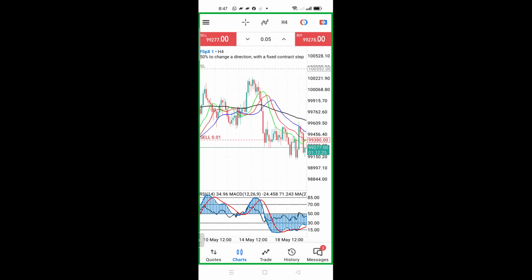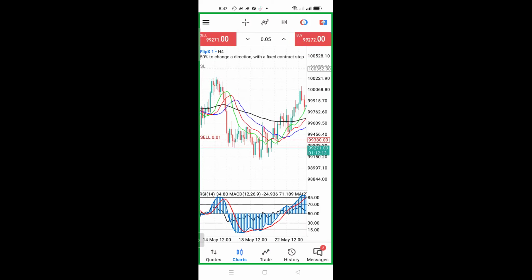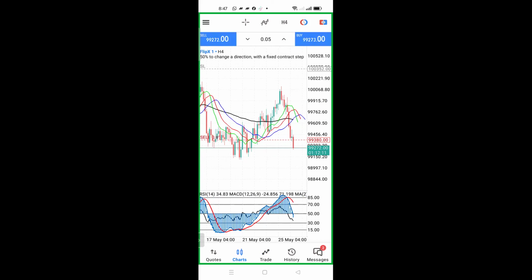Okay, so 16, 19. So this is 19. So 19 is somewhere around here. So we took this trade, it came here, came back, did not hit our stop loss, and it has come down into profit. Okay, so now let me